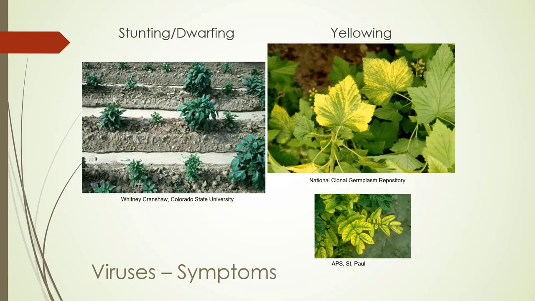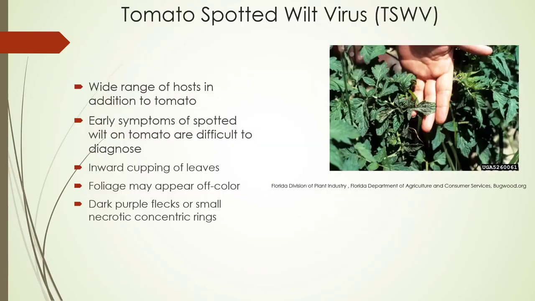So these are just some general virus symptoms you may see. On the left, we've got stunting and dwarfing. That's actually peppers that have the tomato spotted wilt virus. We've got currant in the upper right here that's got the black currant yellows. And then we've got potato yellow vein virus here, and it may look like an iron deficiency, but the difference would be if it was an iron deficiency, all of the older foliage would be showing this damage. If you were going to pan out on this plant, chances are there's going to be some random sections of the plant that are going to show this symptom.